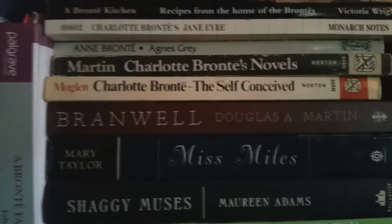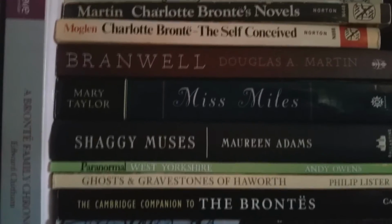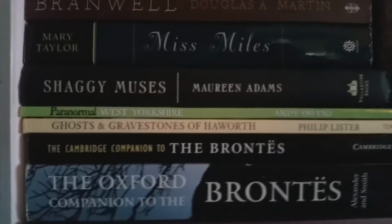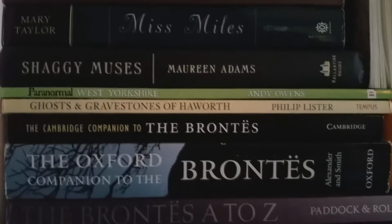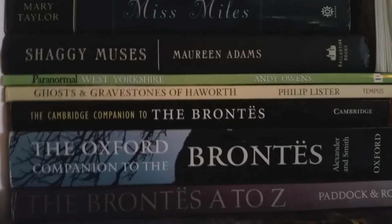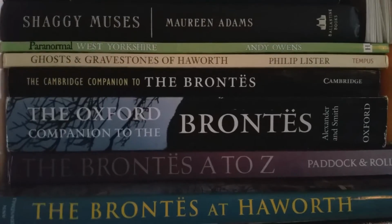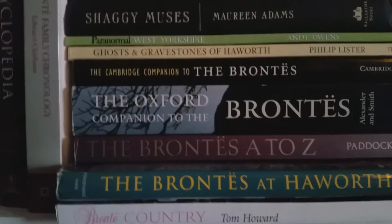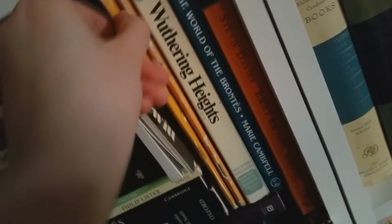Branwell by Douglas Martin, Miss Miles, the Mary Taylor book, Shaggy Muses, which mentions Keeper, Paranormal West Yorkshire, Ghosts and Gravestones of Haworth, a Cambridge Companion to the Brontës, and Oxford Companion to the Brontës A to Z, the Brontës at Haworth by Miss Anne Dinsdale, and Tom Howard's Brontë Country, along with an autographed copy of Peggy Hewitt's These Lonely Mountains, some of